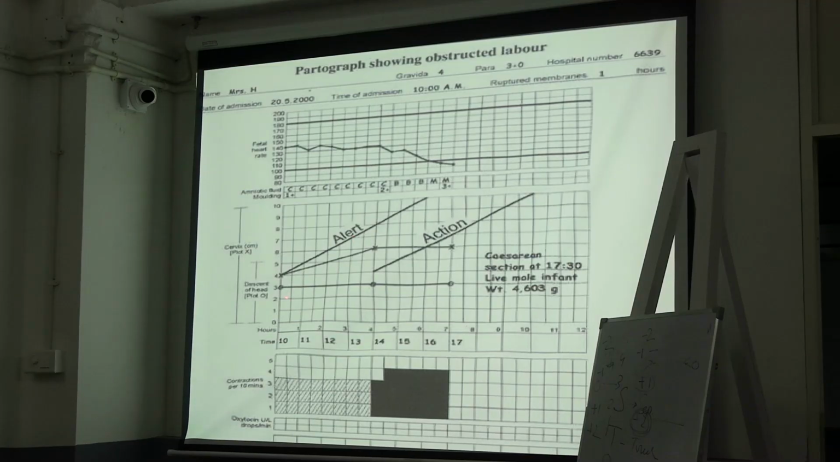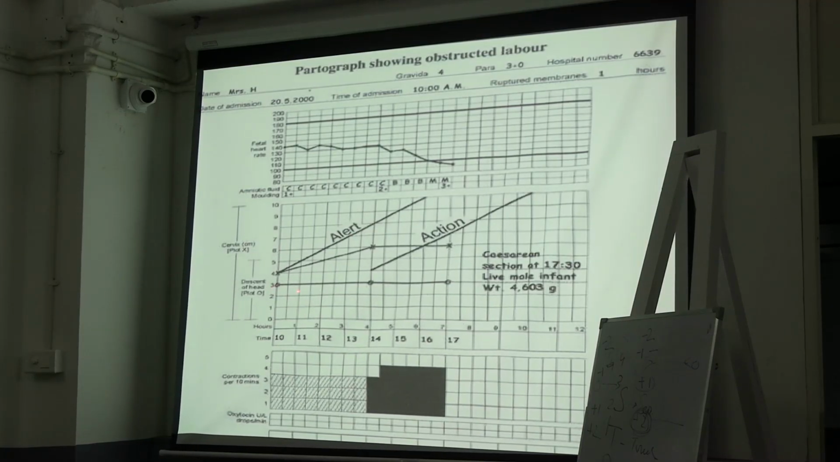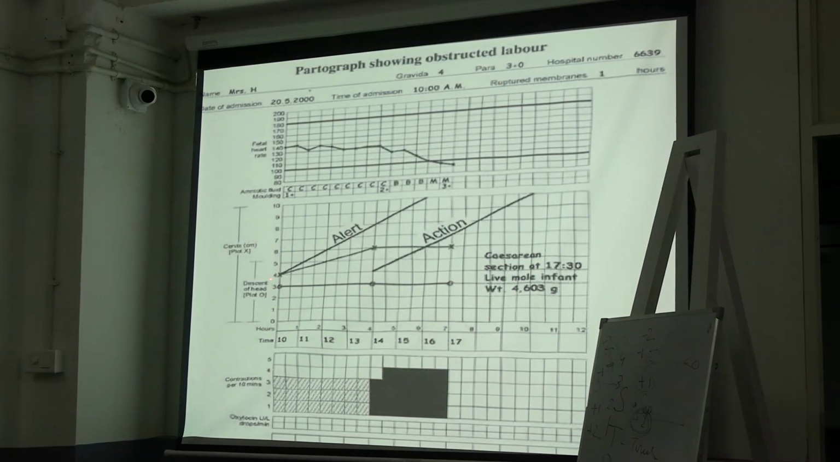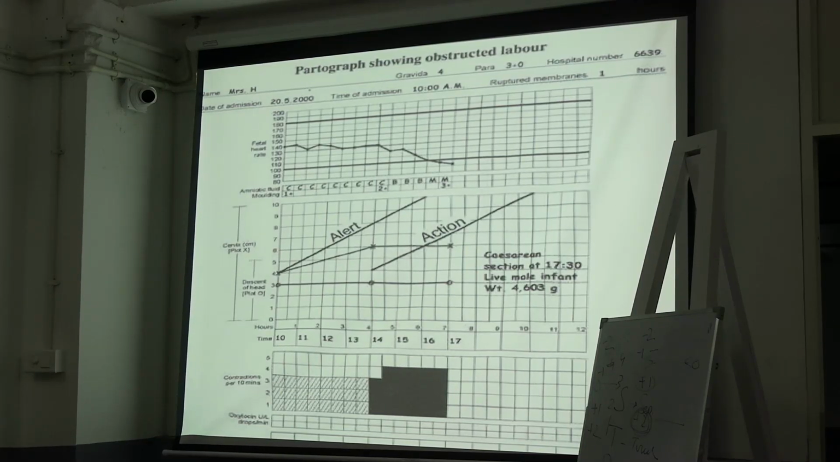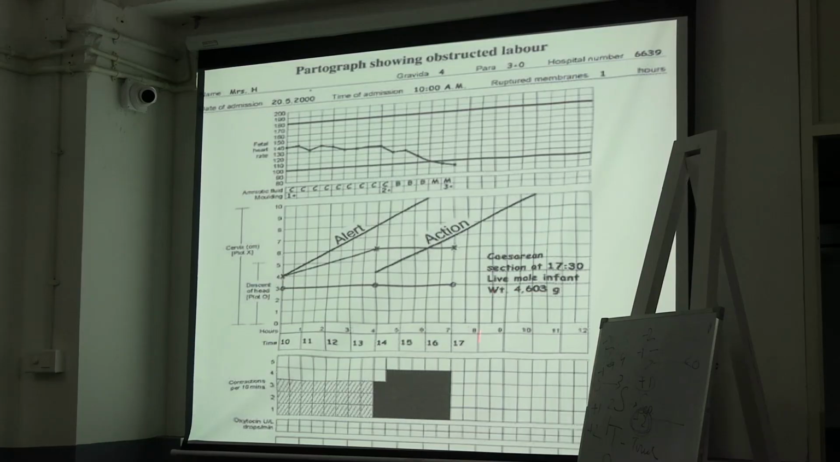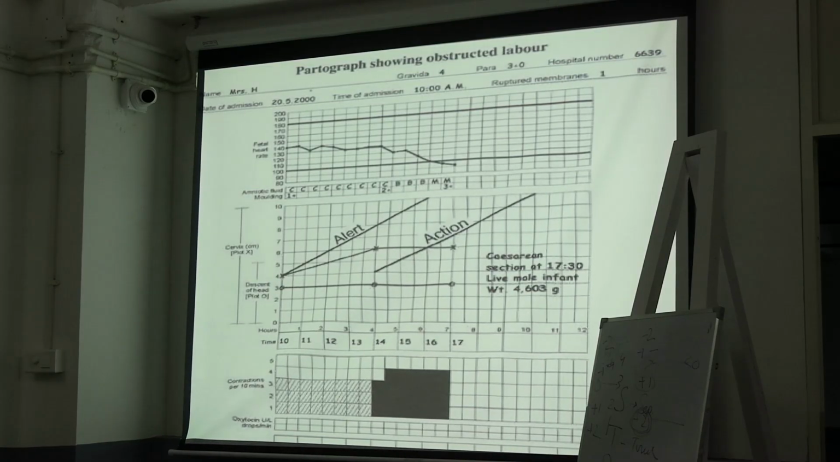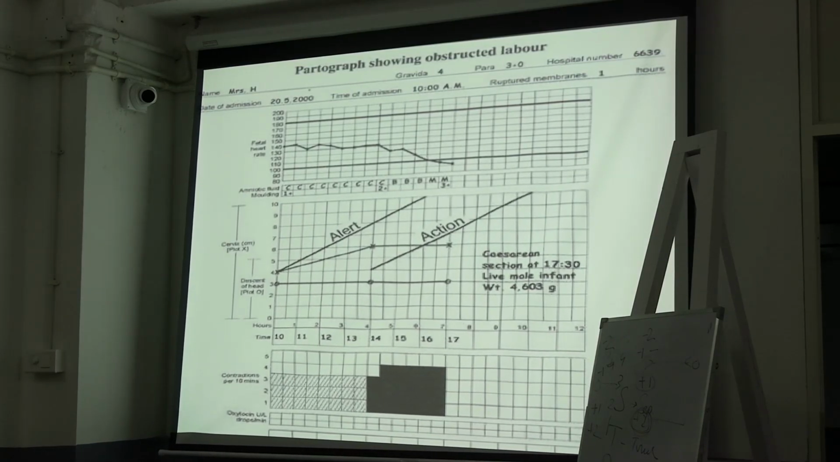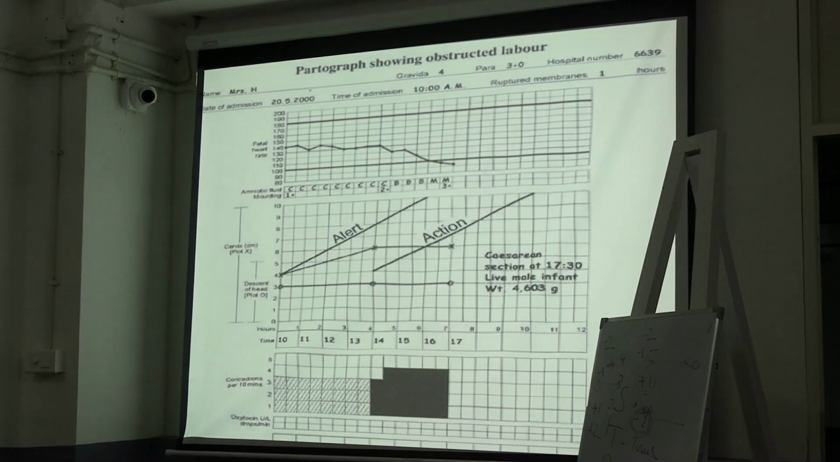And what happened to the descent? It was 3/5 the whole time. Why did it happen? Because the baby weight was 4.6 kg. It was a large, big baby. That's why it happened. It was a problem of the passenger. What can be the